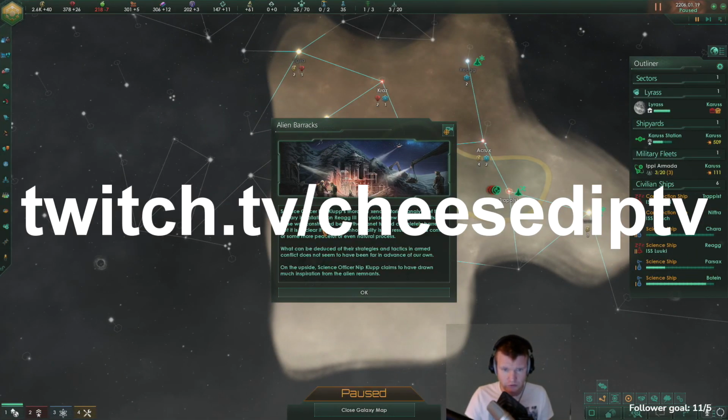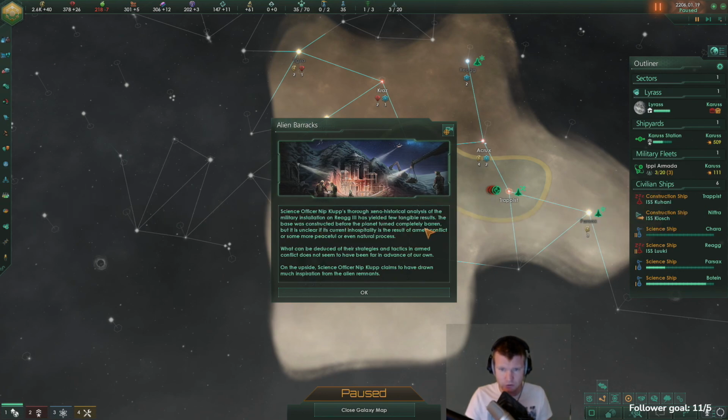few tangible results. The base was constructed before the planet turned completely barren, but it's unclear if its current inhospitality is the result of armed conflict or some more peaceful or even natural